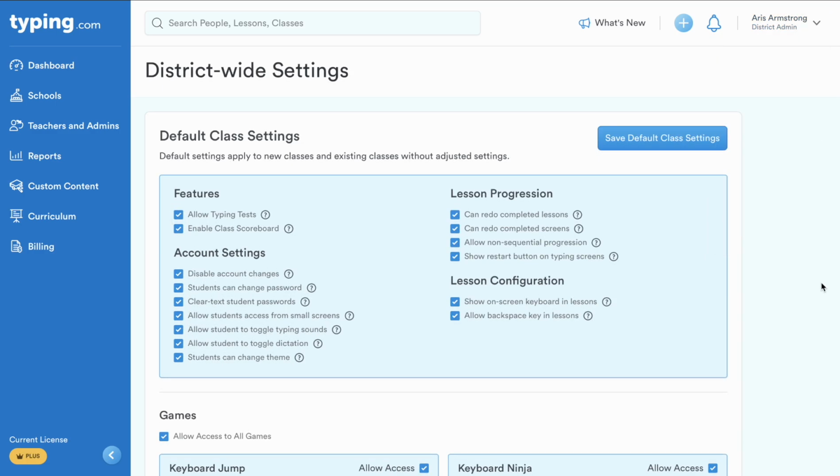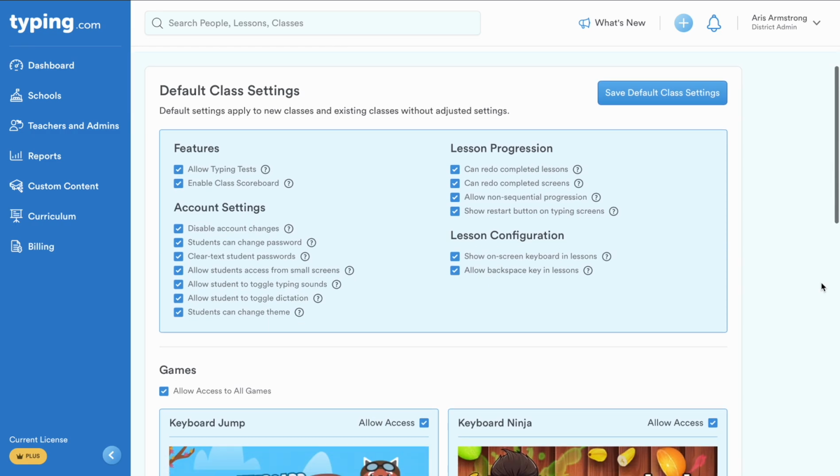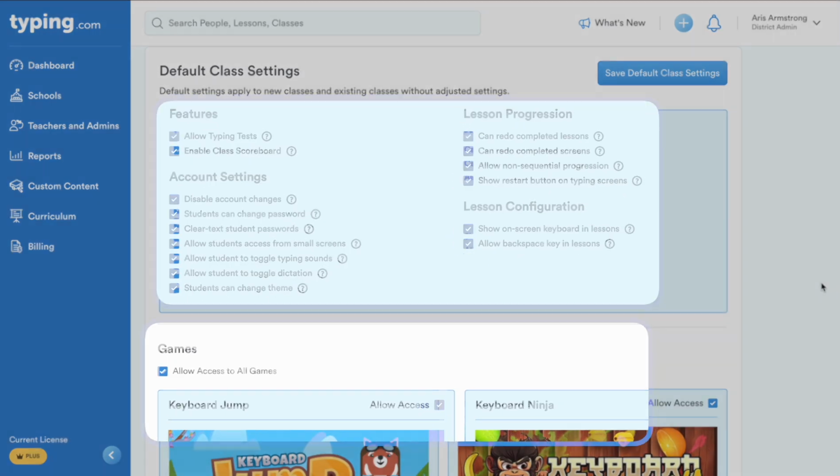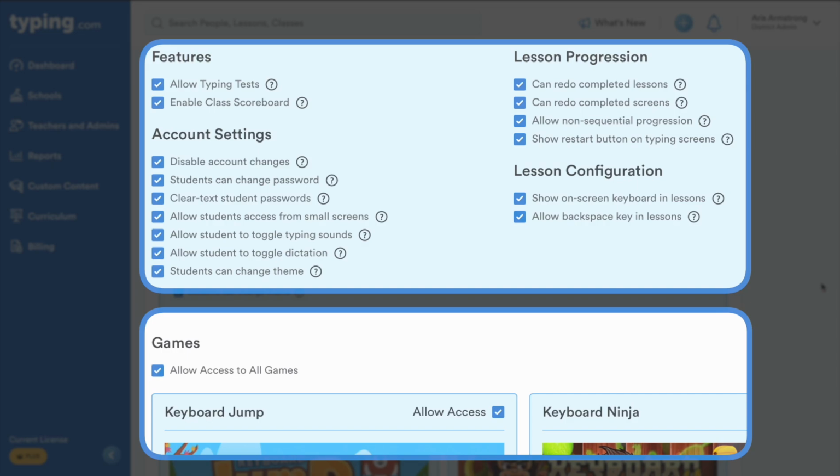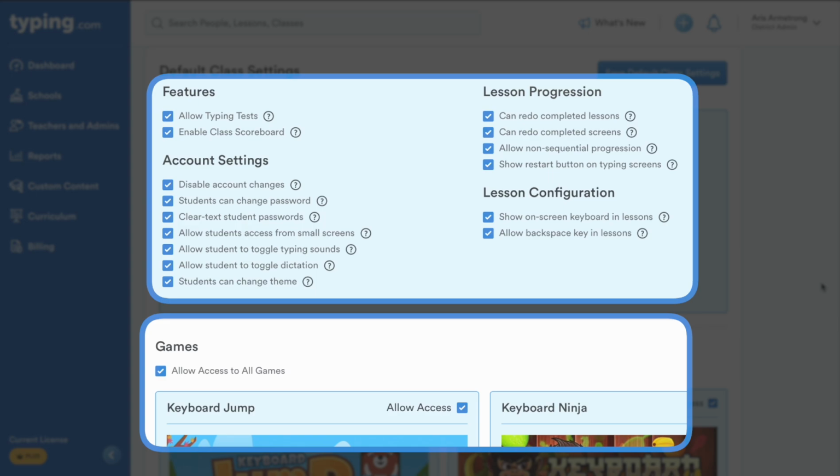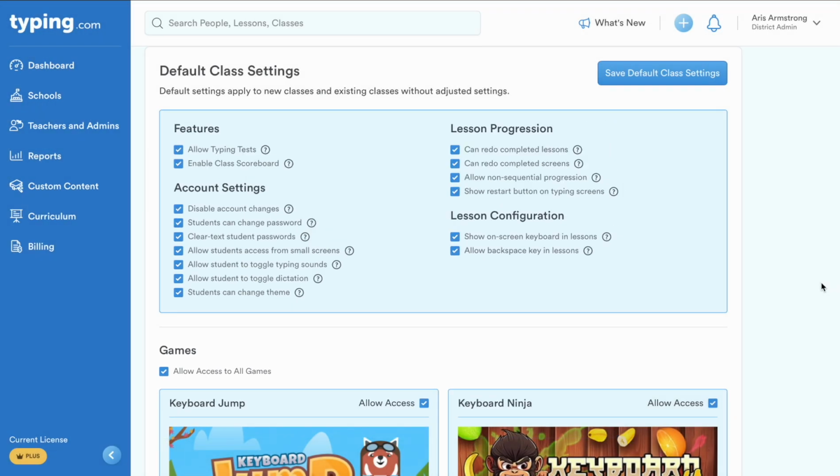Let's check it out. Here you'll see the settings page. The available settings are organized into 5 categories: features, account settings, lesson progression, lesson configuration, and games. These settings determine the default options for new classes and classes without custom settings. Teachers can override these settings for individual classes or students, but using school or district-wide settings helps maintain consistency by